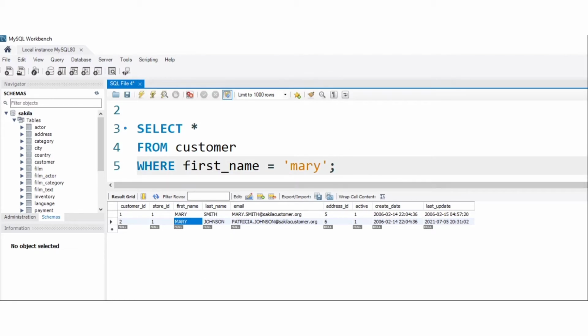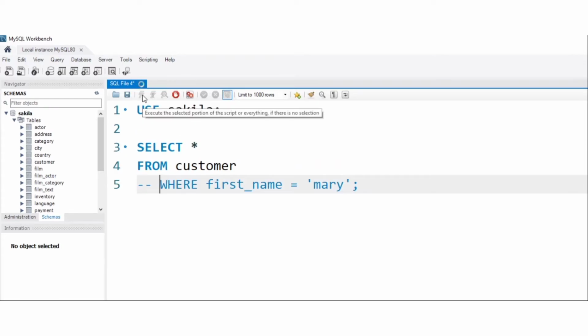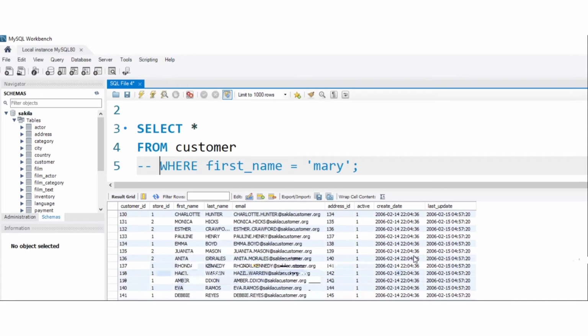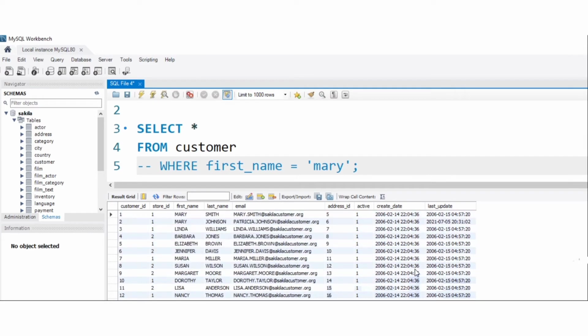Let us see the complete table now. The entire table. I'm making this a comment and running this. Now we know that to use a string we need to give it in double or single quotes. Let's have a look at the create date column. You can see the first record is 2006-02-14, and this is a time at the end, in the format of year, month and date. Many of the records have the same date and time as well. I'm removing this comment.